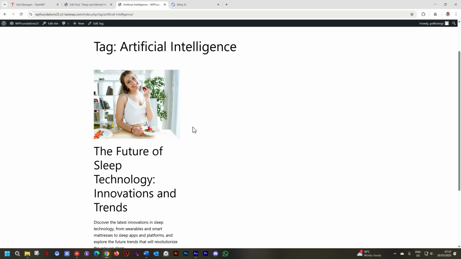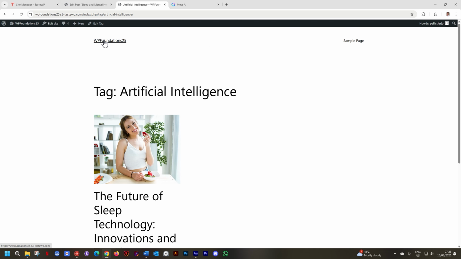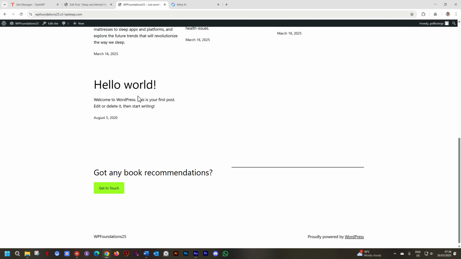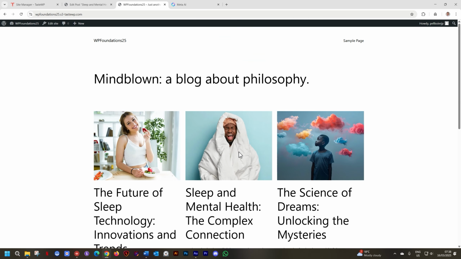And this took me a long time at the very beginning to make peace with, because I kept looking for these pages. Where are these pages? And in fact, there is another page that you've already encountered that's also an archive page. And that is the page that we currently see as our home page. Scroll to the top and select your site name up here. And it gives us our 3 posts, plus this Hello World post and the rest of the page.